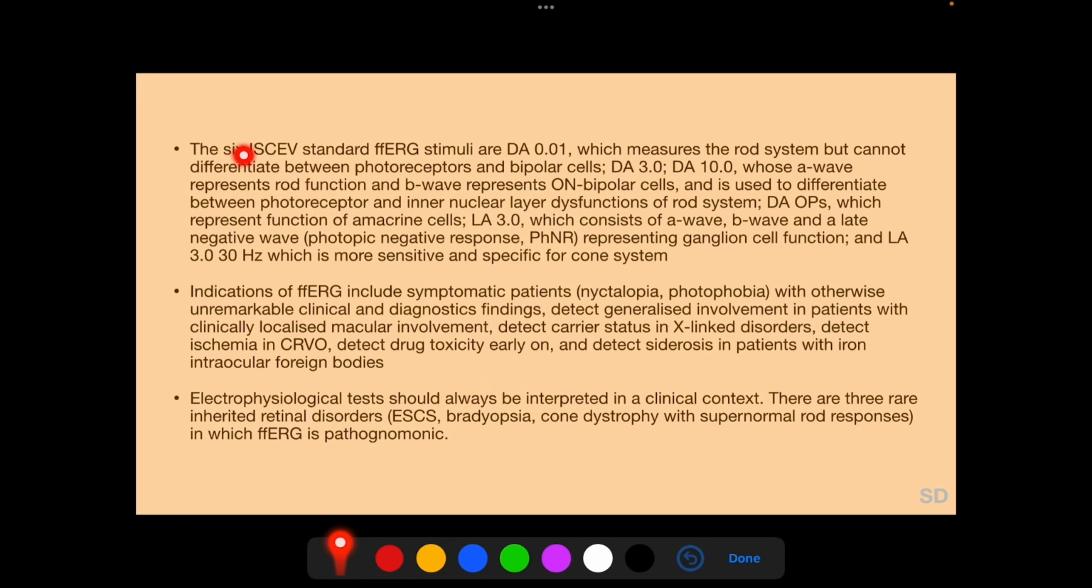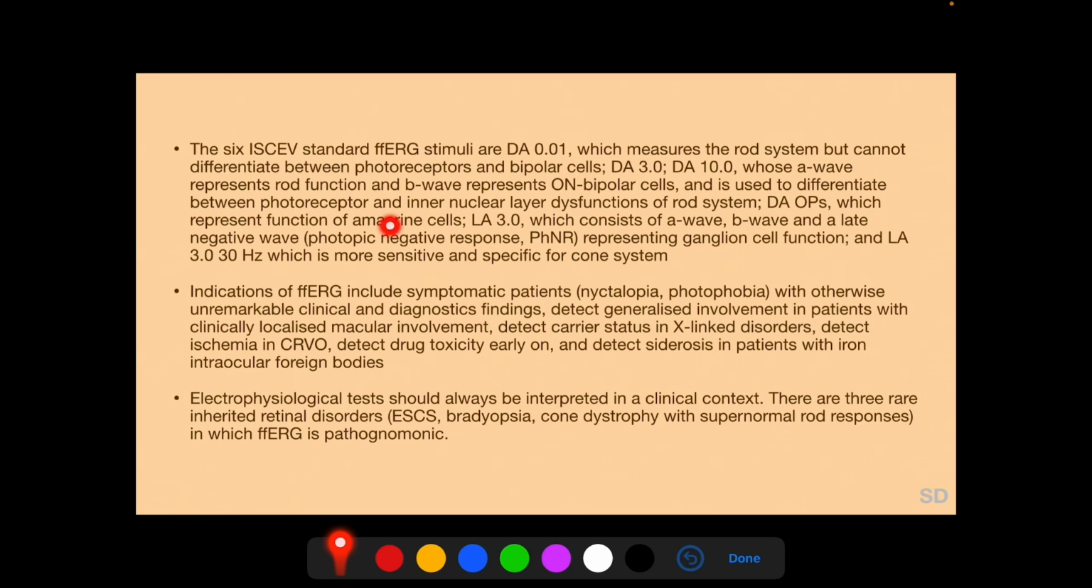The 6 ISCEV standard ffERG stimuli are DA 0.01, which measures the rod system but cannot differentiate between photoreceptors and bipolar cells; DA 3.0 and DA 10.0, whose A wave represents rod function and B wave represents on bipolar cells, and is used to differentiate between photoreceptor and inner nuclear layer dysfunctions of the rod system;